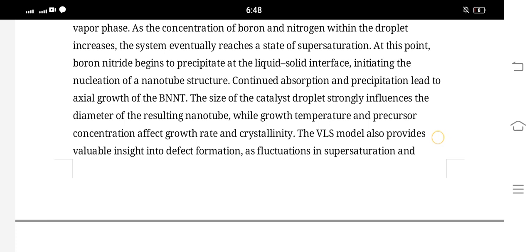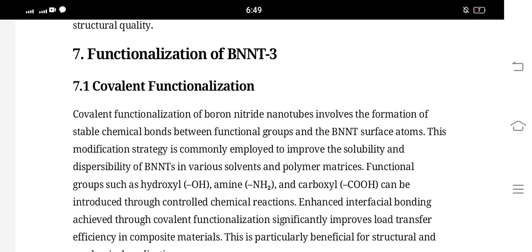After discussing the synthesis and growth mechanism of boron nitride nanotube, the next important topic is functionalization. Functionalization is essential because boron nitride nanotubes are chemically inert and difficult to disperse, which limits their practical application. Functionalization of boron nitride nanotube refers to intentional modification of the nanotube surface in order to improve their compatibility, dispersibility, and